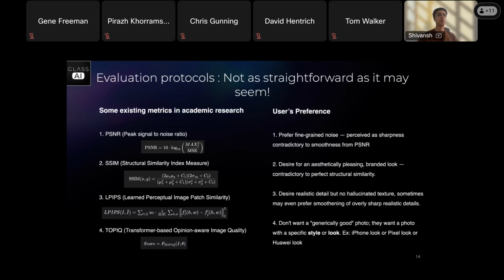A few other metrics such as SSIM, which is structural similarity index measure, is a perceptual metric, and it is used for measuring the visual similarity between again the prediction and its original ground truth. This is not pixel level, but it just measures the similarity between two images.